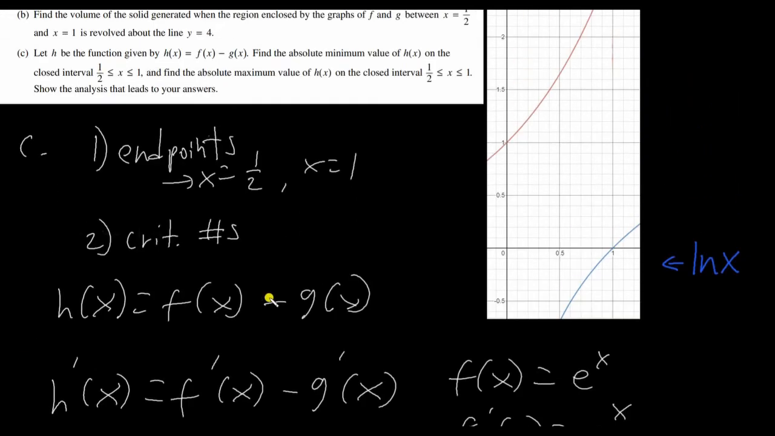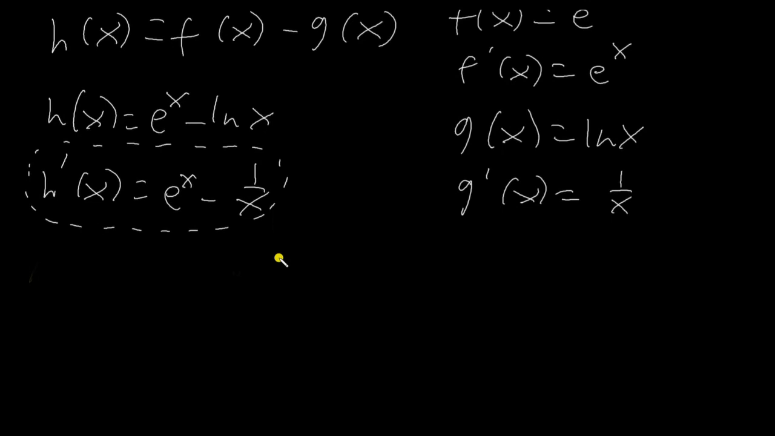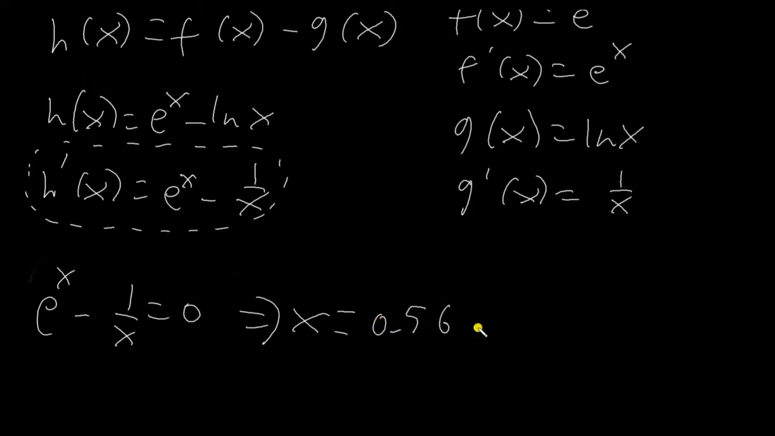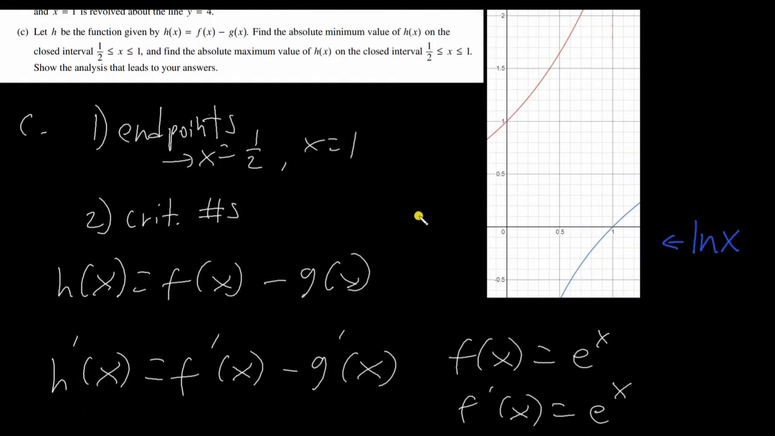Alright, so now that we found h prime of x, we're gonna set it equal to 0. Important, do this on a separate line. So e to the x minus 1 over x equals 0. Put this in your calculator in your graphing mode, and then you're going to get out that x is equal to approximately 0.567. Okay, so now that we have a critical number, the only critical number on the interval that we want is x is